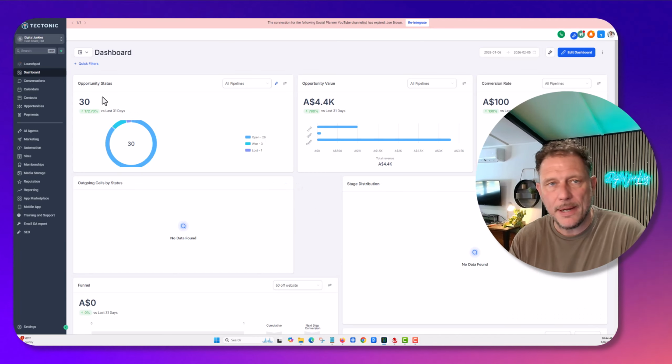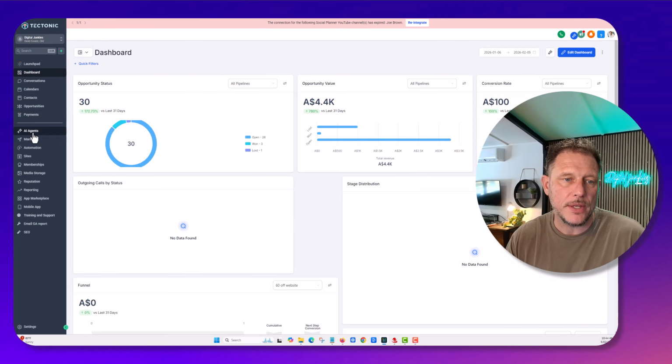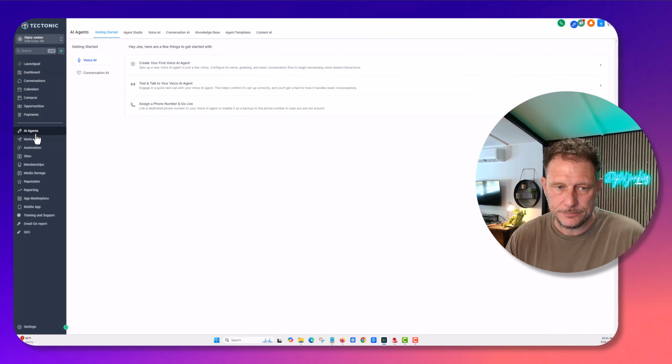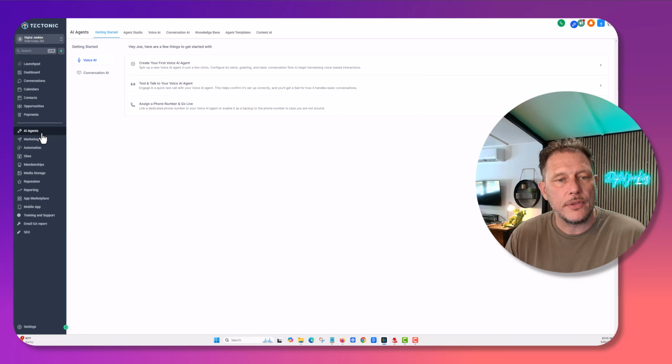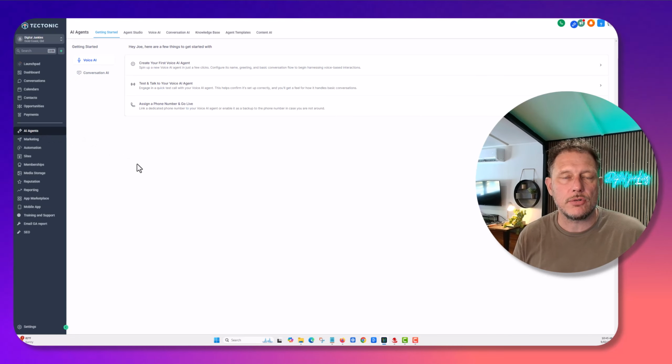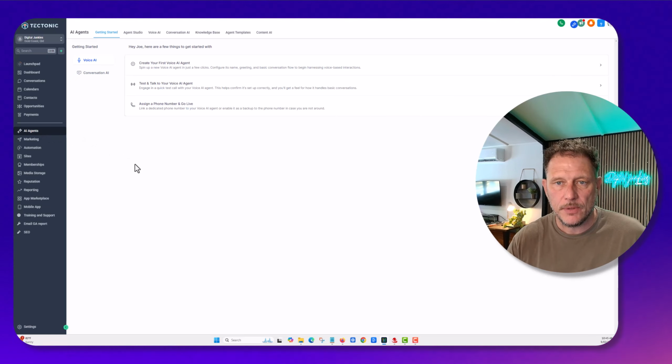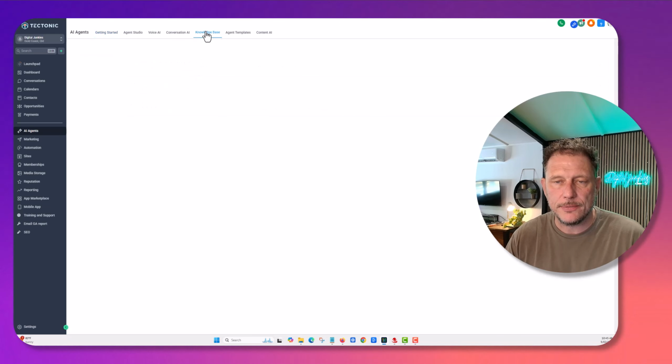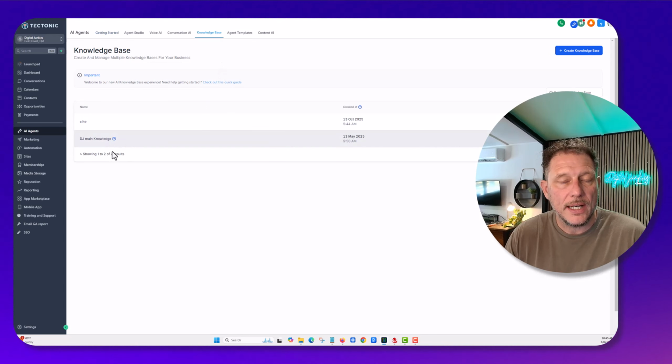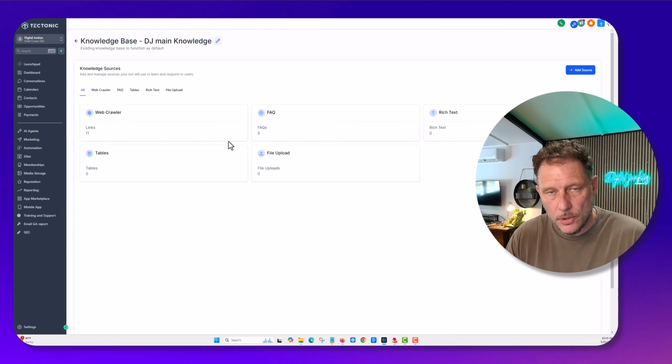When you come into the back end of the CRM, there's an AI agents tab. So I'm going to start with this because we start with training the bot and the knowledge base. When we come into knowledge base, this is where we can have multiple knowledge bases. If we go into an example here,